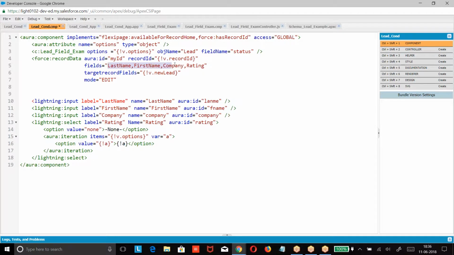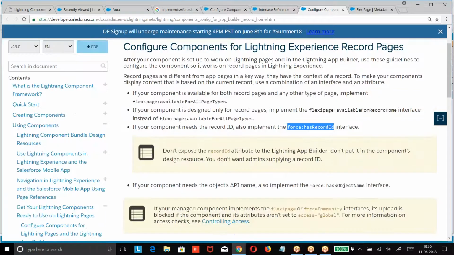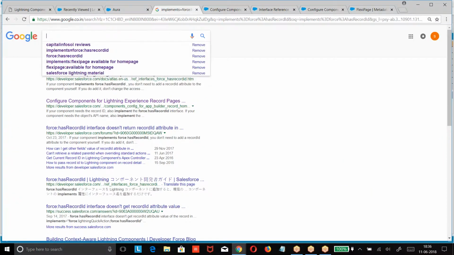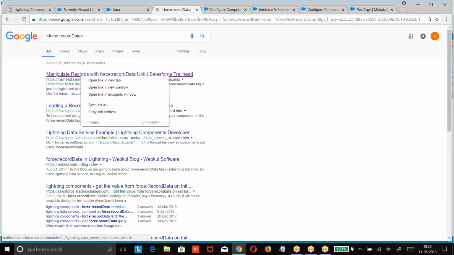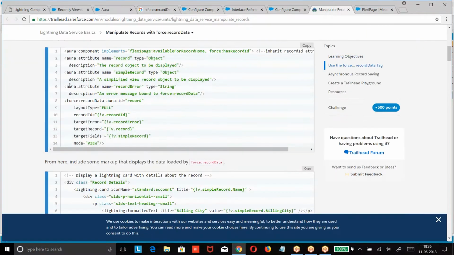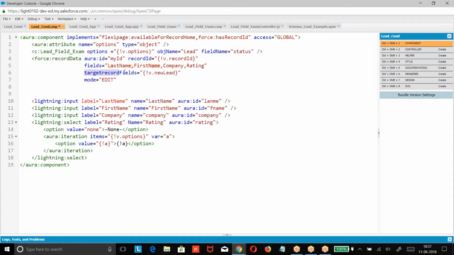Target record? Now, any one is required. Either we can go for a record or we can go for fields. Any one is required. Okay. So let us see. Now, one is either you need to go for a layout or you need to go for fields. Second, target record or target fields. Now we are going with the second one here, target fields. Either you need to go with a target record or we need to go with target fields. There are two options.